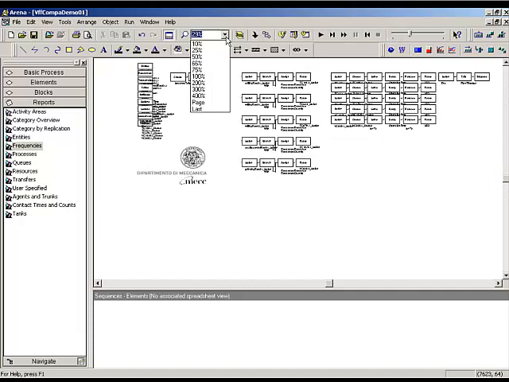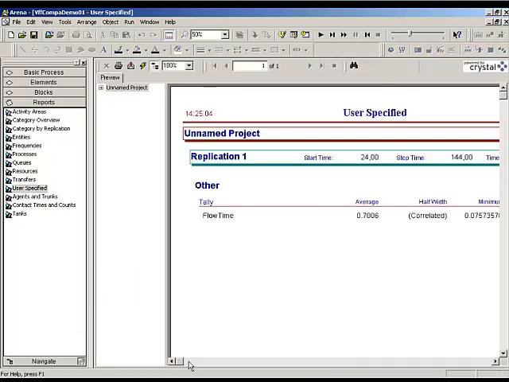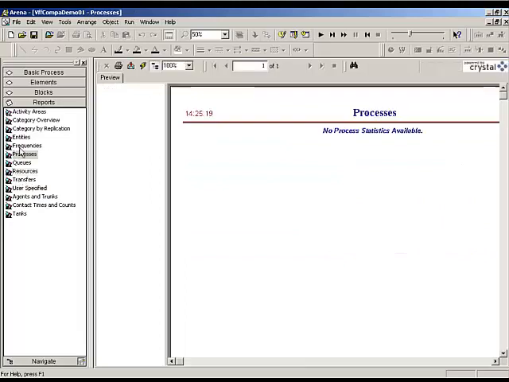So as you can see, we have 1, 2, 3, 4, 5 stations, and each of these stations represents the different machines in the system, while we have 1, 2, 3, 4, 5 of this kind of stations that represent the different process steps in my manufacturing process. So if I go and look at the results, I see that I experienced a flow time of the parts of about 0.7 hours,